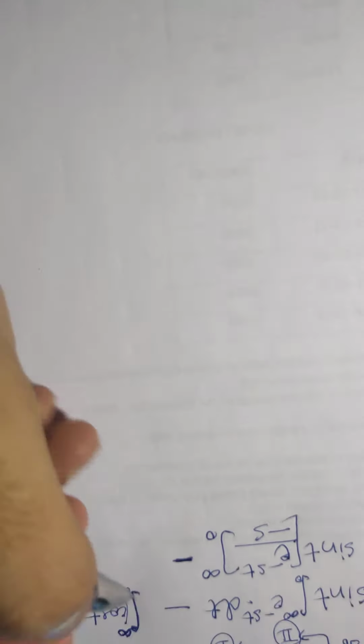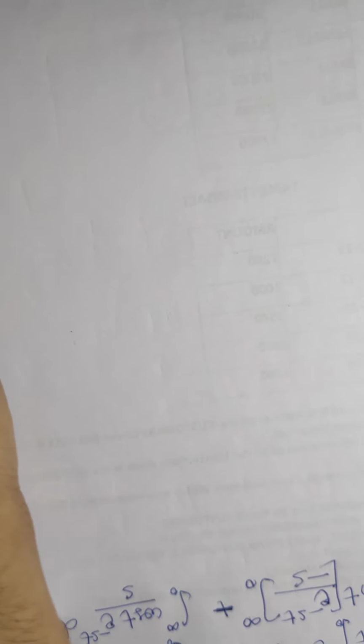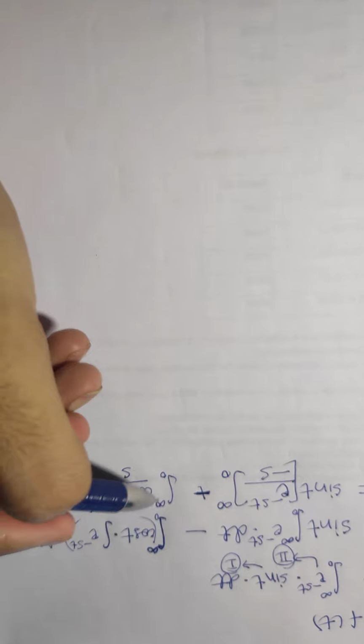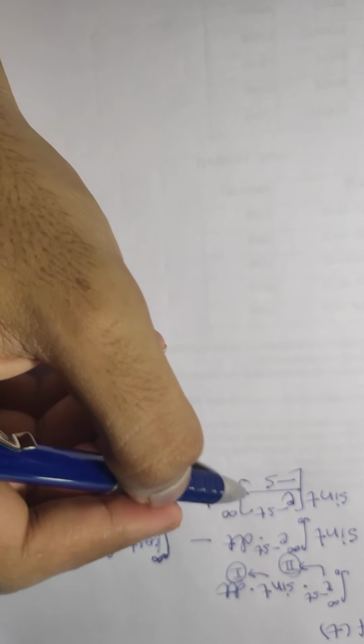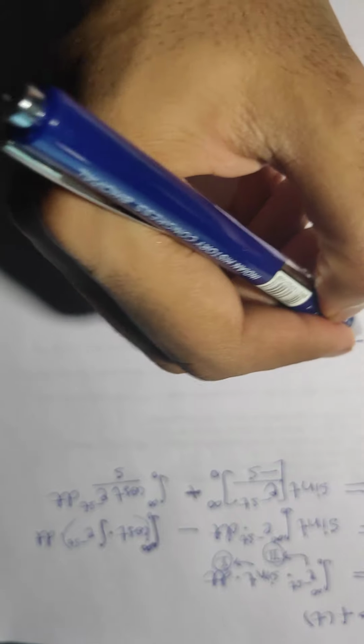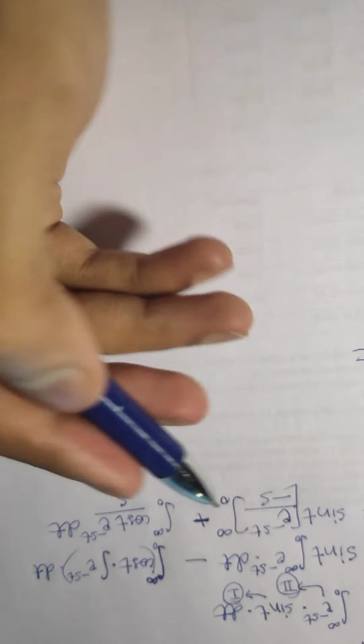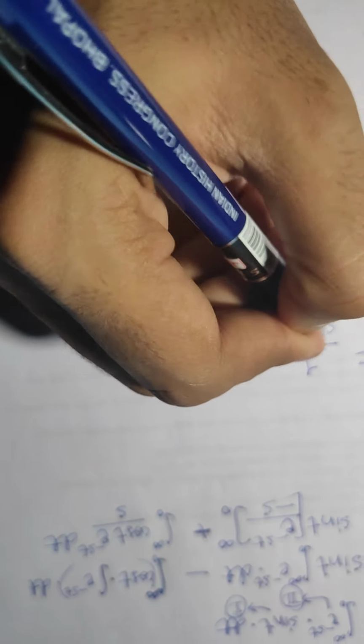And here we have 0 to infinity cos t e to the power minus st upon s, right? So you do see a pattern here. We get this and we get this. Here we'll apply the limits, and eventually we'll come to the point where the end answer, as we saw previously, for a equal to 1 will be 1 upon s square plus 1.